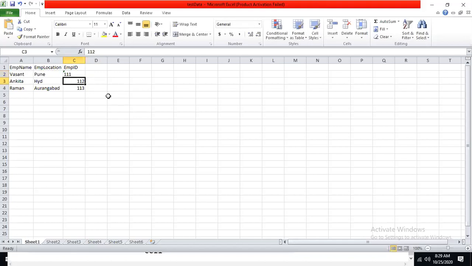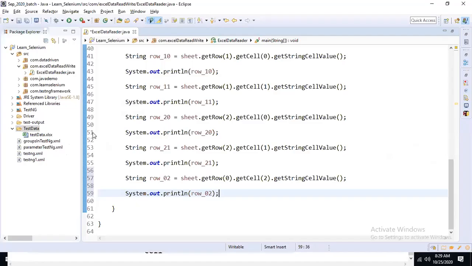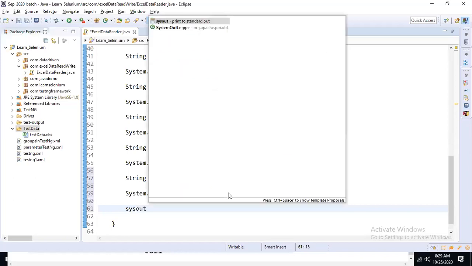So when I use a single quote before this number, it will be converted into numeric type. Otherwise, whatever employee ID number you have written, it will be treated as a text value, string value only. Okay. So I have converted it into numeric type. So directly I will display. Instead of storing, directly we will display those values.